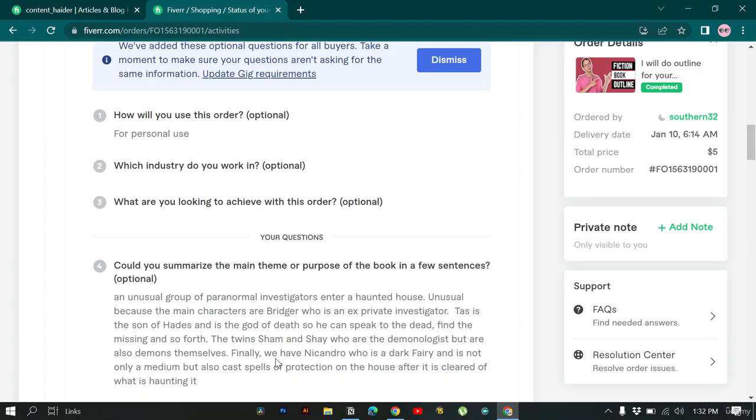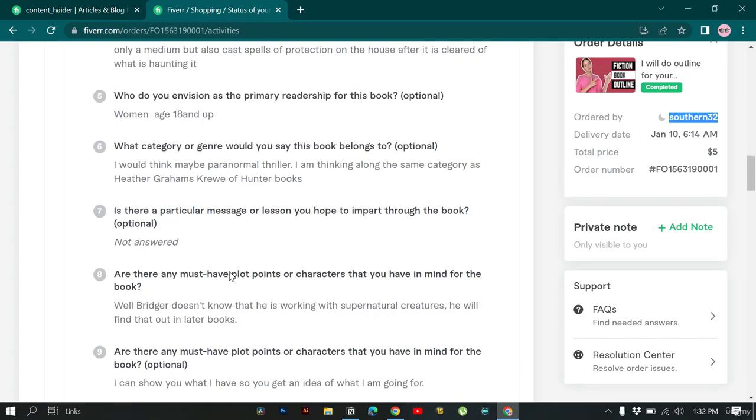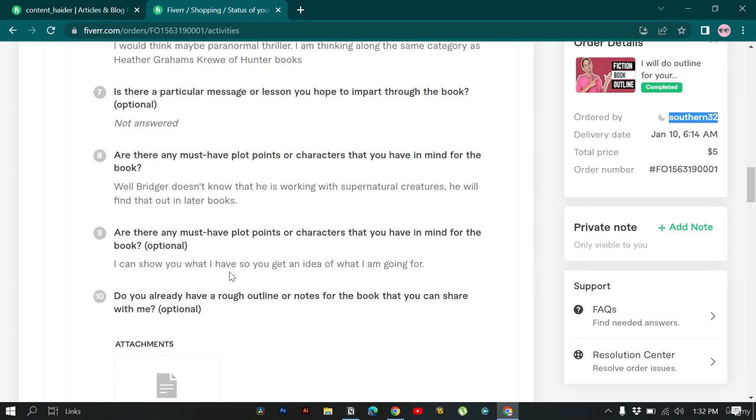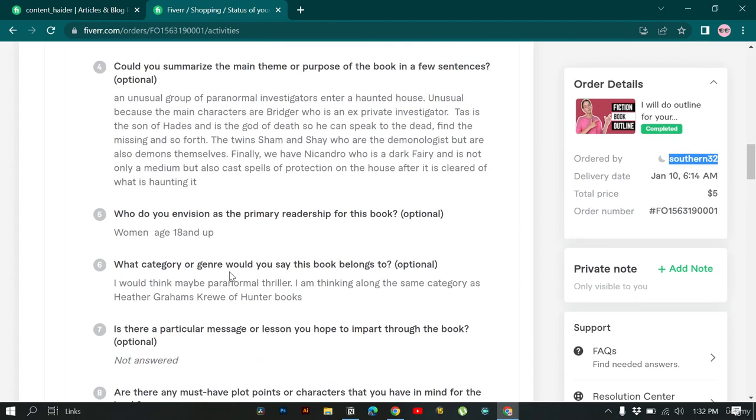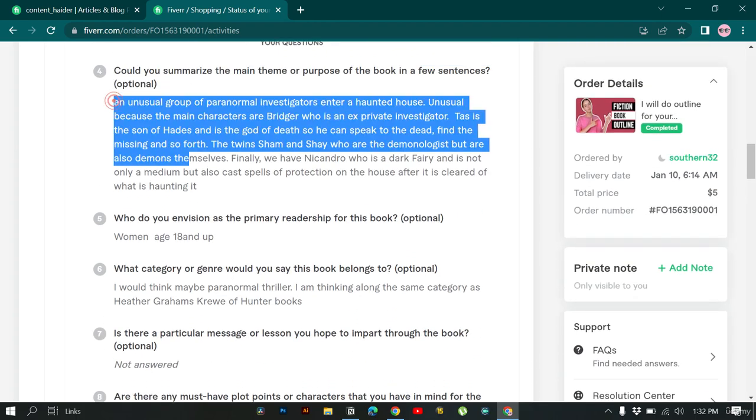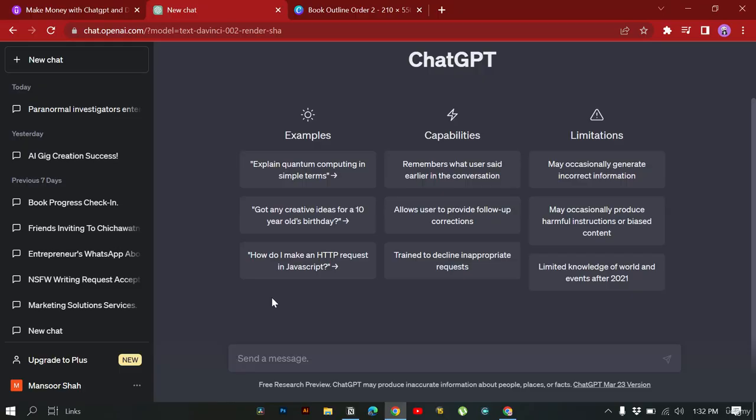This was the project given to me by Southern32, and it was about a fictional book outline. Basically it provided us all the information about the book, and we are going to write an outline for it. It's really simple. He provided the summary of the book. I'll just copy this and I'll say